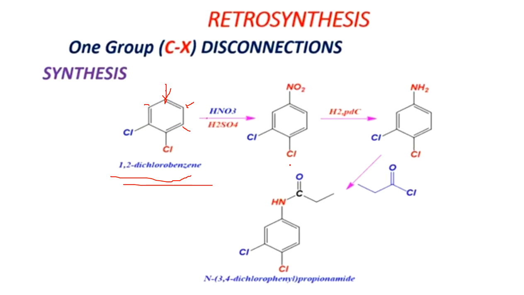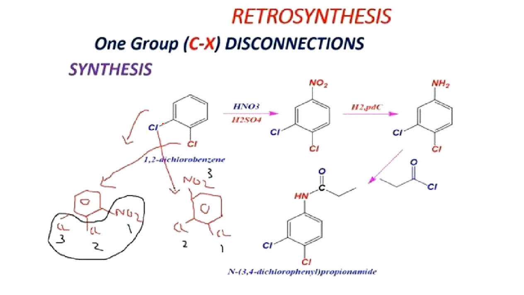So we are getting our compound. In this case we have to know how the reactivity of a given compound could be obtained, or how the reaction could proceed, so that we are getting our compound. So here we are getting this compound, then reduction of this NO2 group to an NH2 group, then after that reaction with acid chloride, then we are getting our starting compound. Here the synthesis is shown to you. Here is the presence of two chlorine groups. So we have to do a nitration reaction.